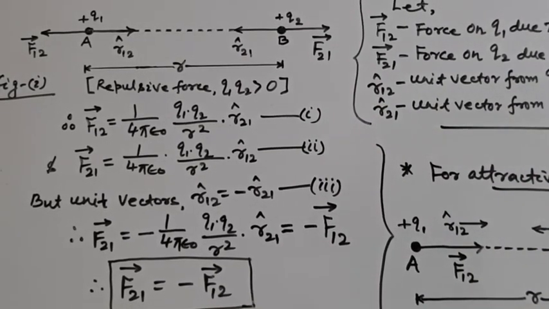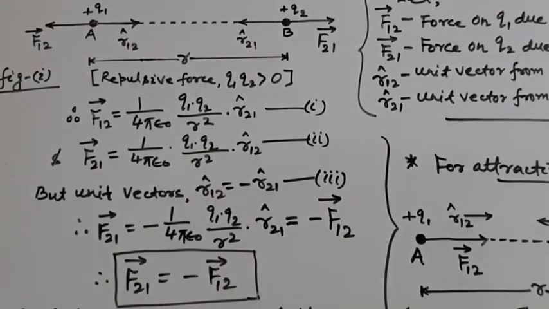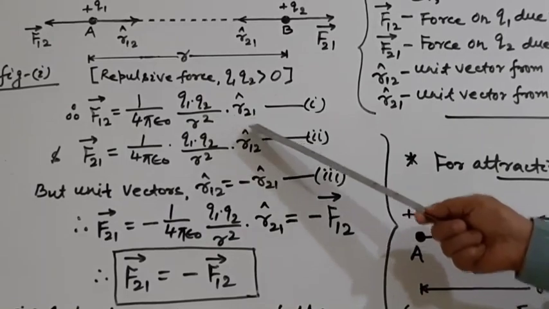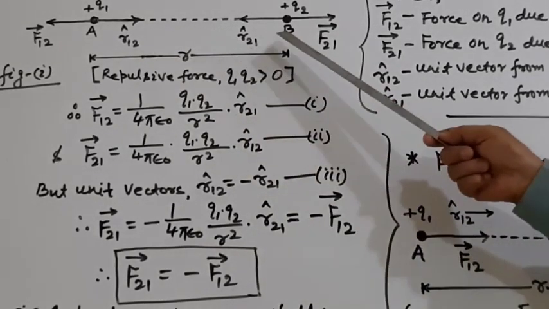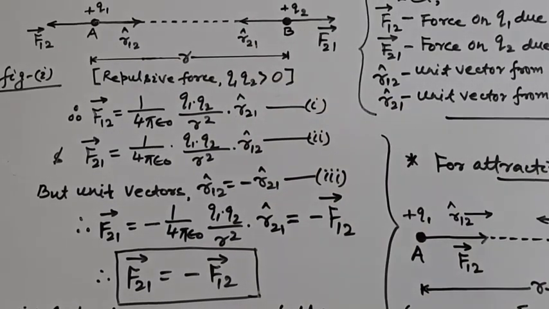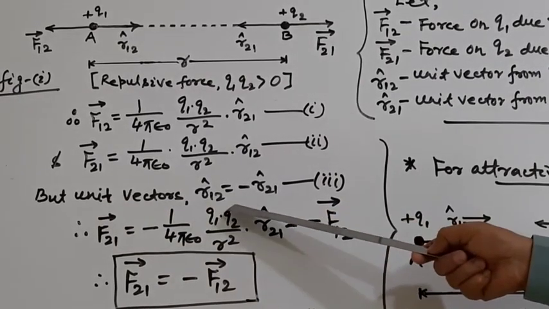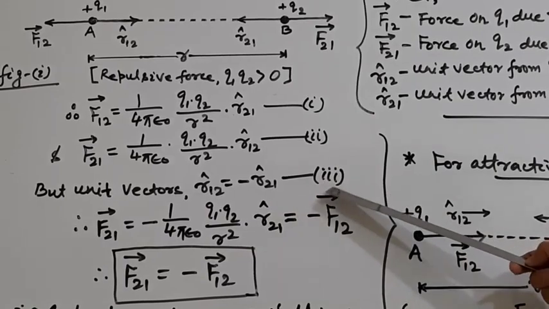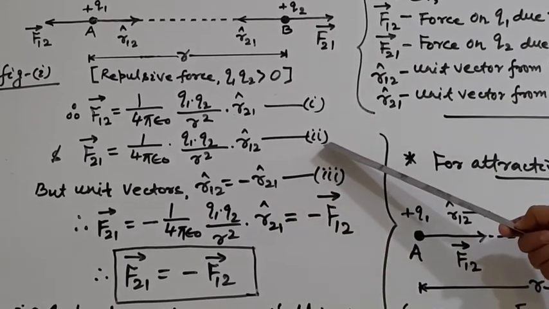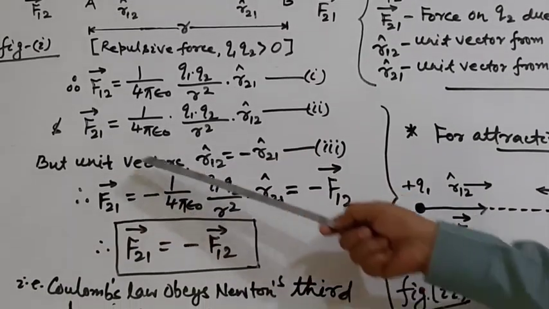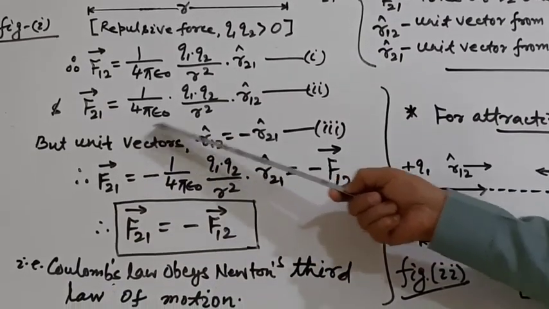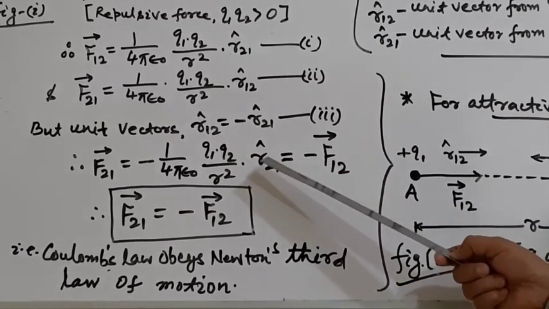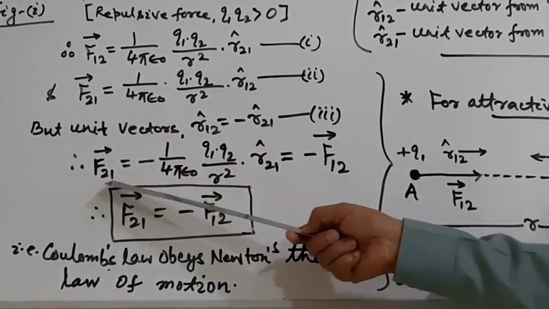Students, we know that the magnitude of unit vectors is one. So R12 and R21 are equal in magnitude and opposite in direction. So we may write R12 is equal to minus R21. Put this equation 3 in equation number 2, and we will get another equation. It's F21 here, this total term is here, and in the place of R12 we put minus R21. So R21 is here, with a minus sign here. So F21 is equal to this.